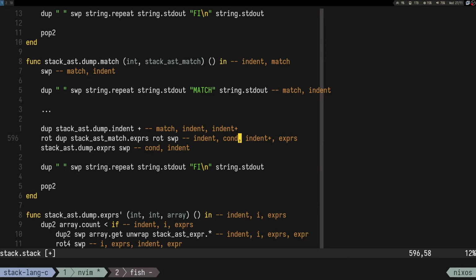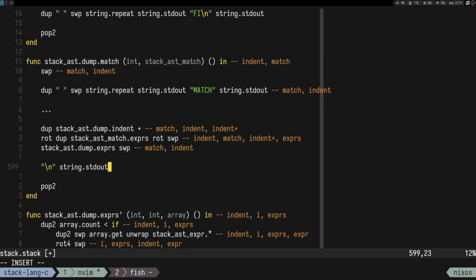Right, so we have the expressions, and we just call dump expressions to print those expressions. And again, I wouldn't really print anything at the end, maybe just a new line, right? And we have like match and indent,